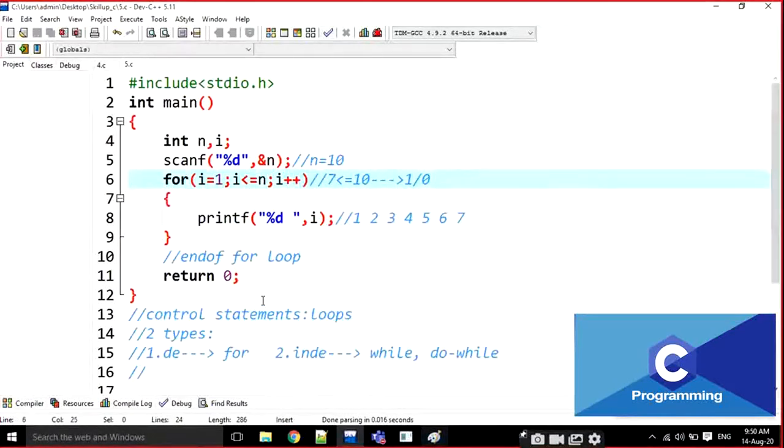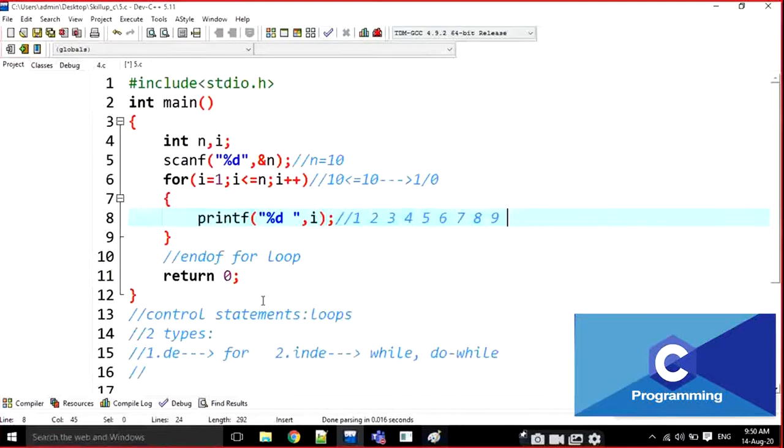Then i becomes 8. 8 is less than 10, that's why 8 is also printed. Then 9. 9 is less than 10, that's why 9 is also printed. Then 9 becomes 10. 10 is less than or equal to 10. Is it true or not? Yes, sir. That's why 10 is also printed. Then 10 becomes 11. i is 11.